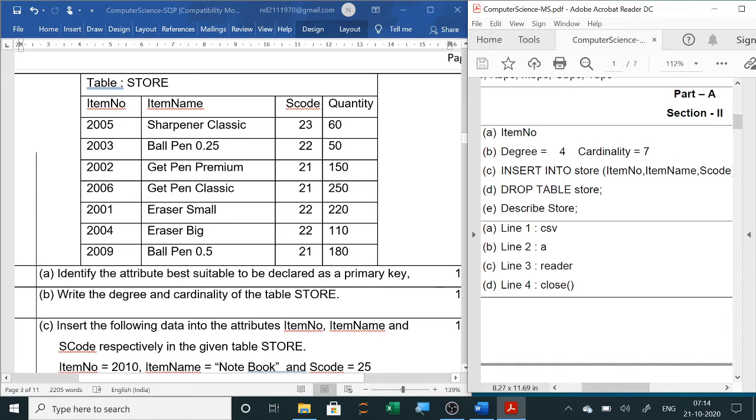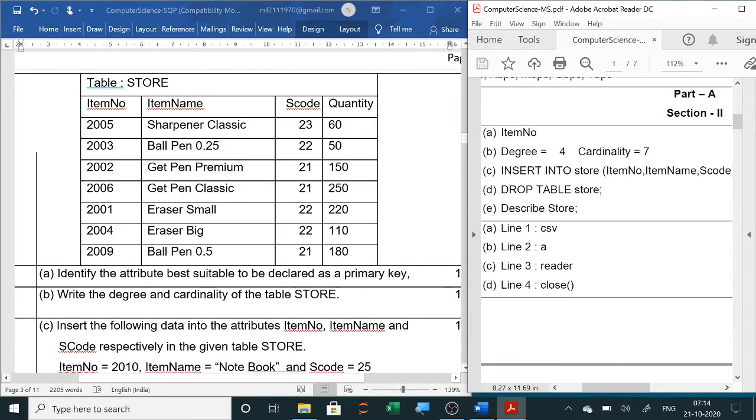Degree is the total number of columns or attributes. This is an important question, as the definitions of degree and cardinality can also be asked. Here you can see 4 columns, so the degree is 4. Degree is the total number of attributes in a relation, and cardinality is the total number of tuples or records in a relation.